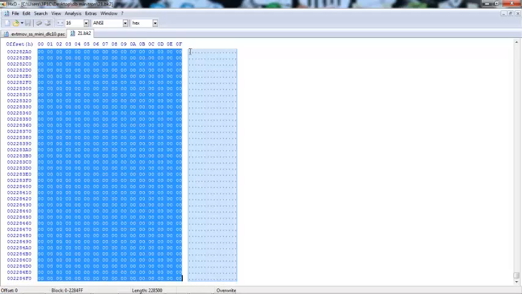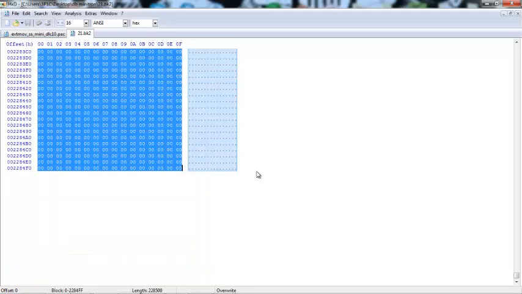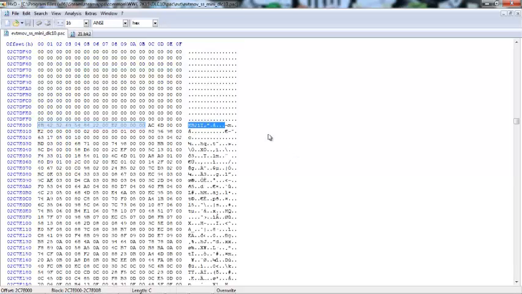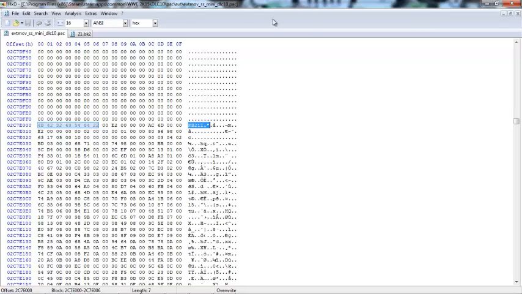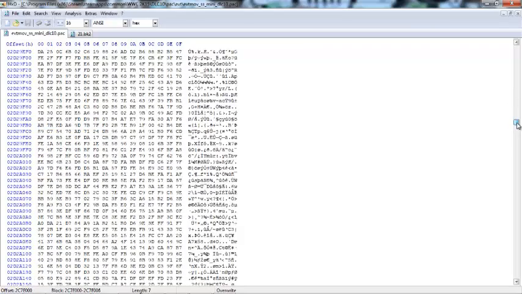So anyways, we just want to copy all of this. Make sure you go to the end just to check this value here, or like this length here, and you want to copy from your start value, start offset, to your end offset, which is 02EA64F0. So 02EA